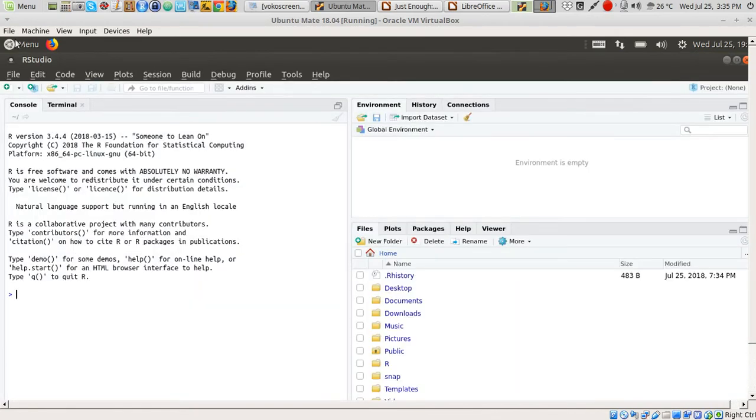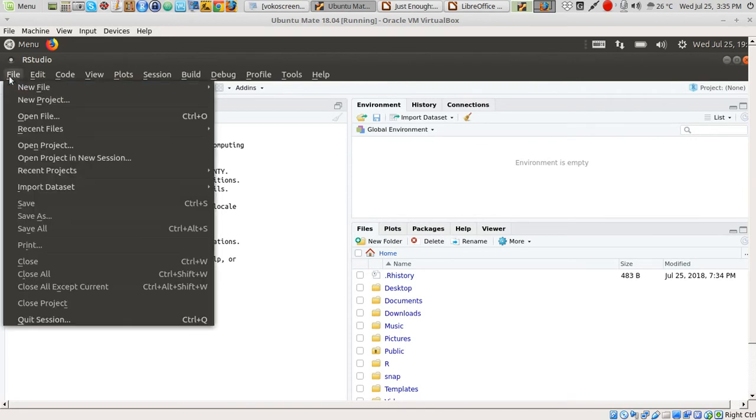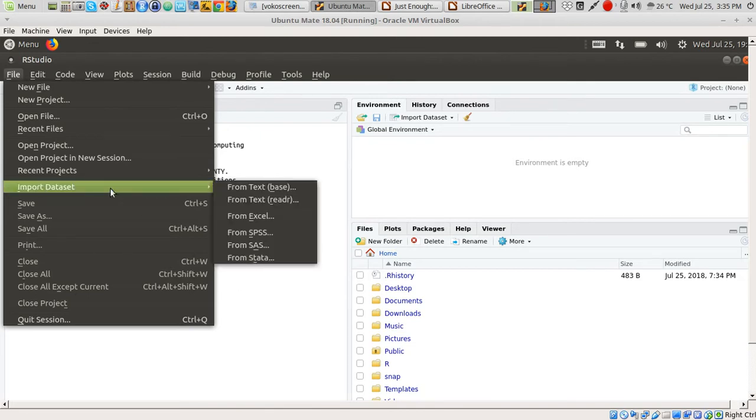As you remember from last time, we have the console, the terminal, and our files and packages. If we want to import data, the simplest thing we can do is let the IDE, the Integrated Development Environment, take the lead and help us walk through the process of